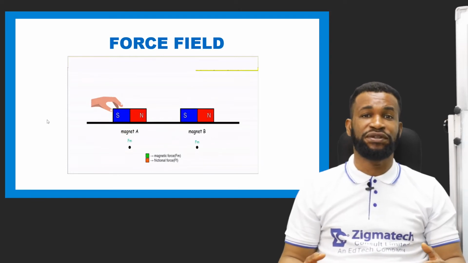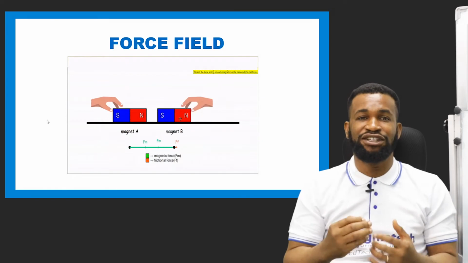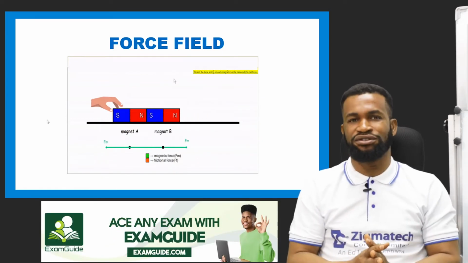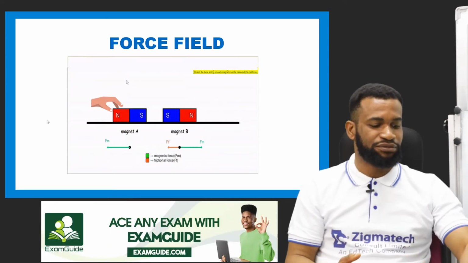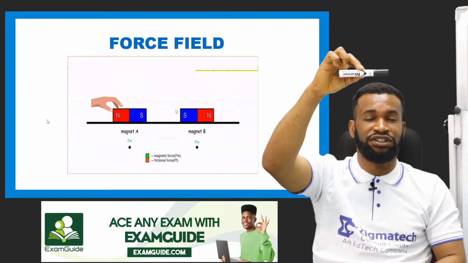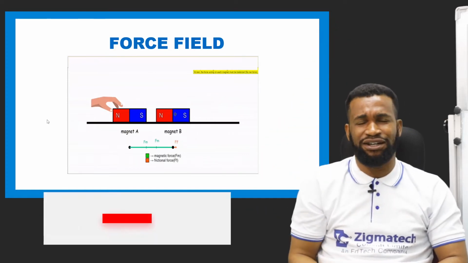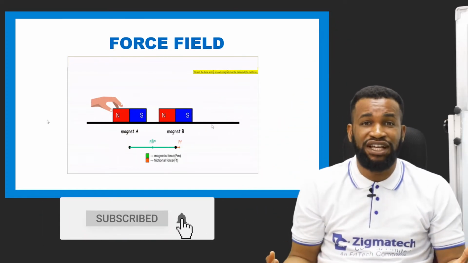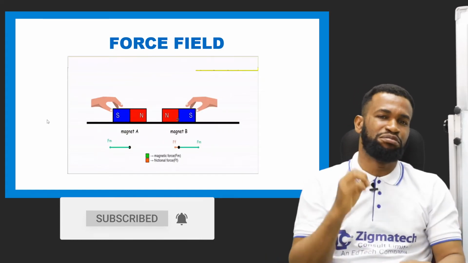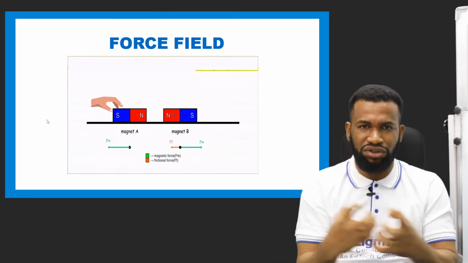It's called force field. A force field is a kind of force such that there is no contact at the point of application. For example, I am holding this because a force is holding it. If I let it go, something pulls it down. Whatever pulls it down is a force, but that force is called a force field